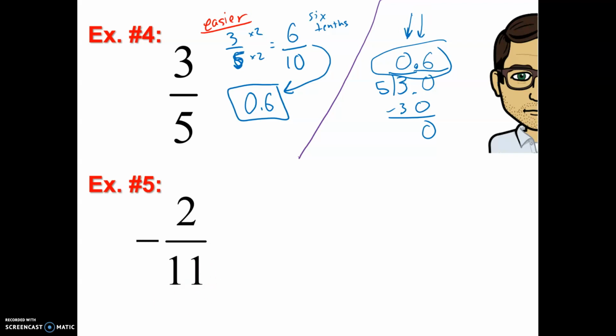The idea being here that this ends in an 11. And you might recall what I told you about 11s. Those are going to be repeating. So we're going to have to do our division. So 2 divided by 11, of course, is,